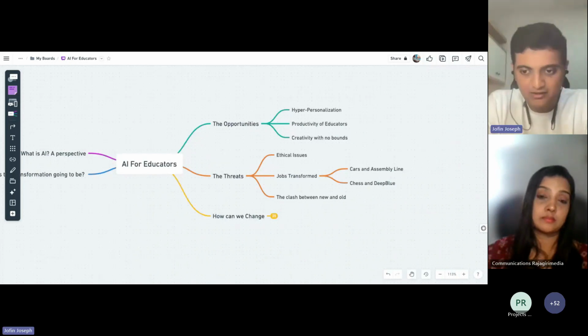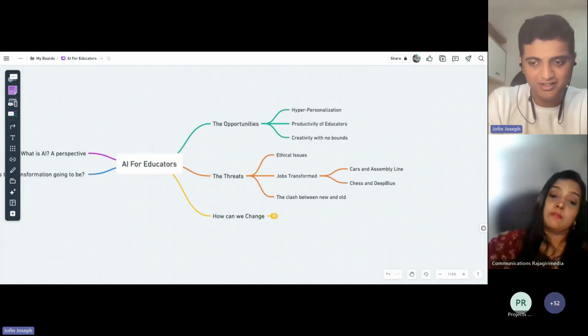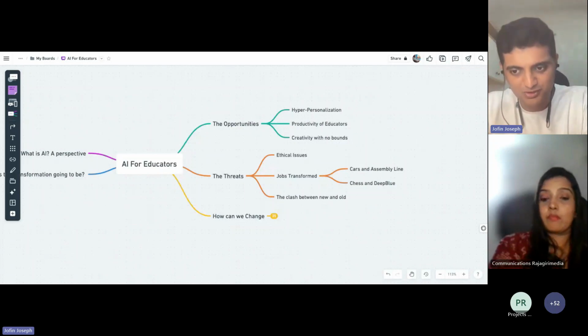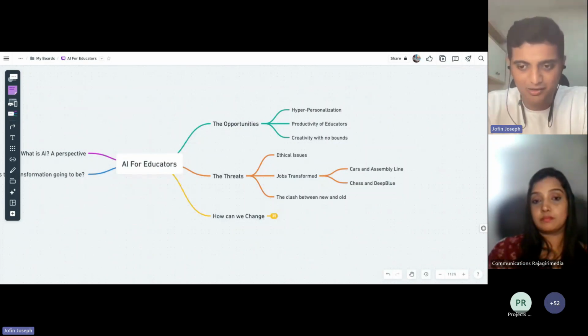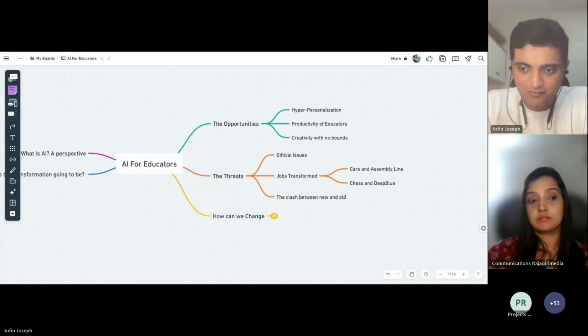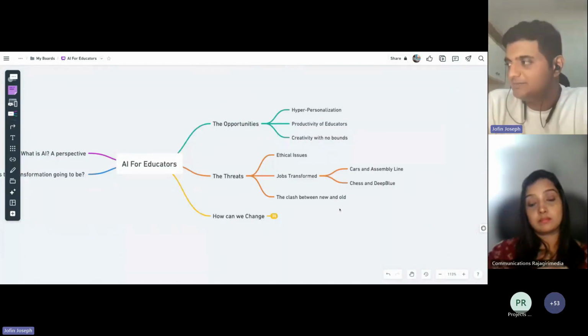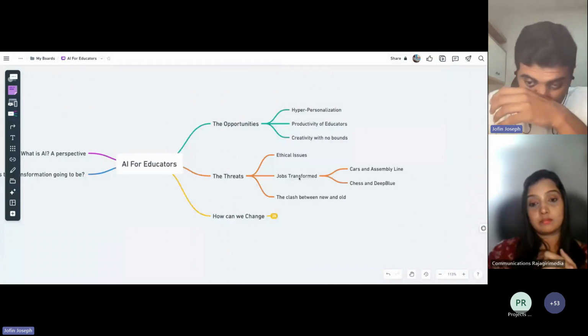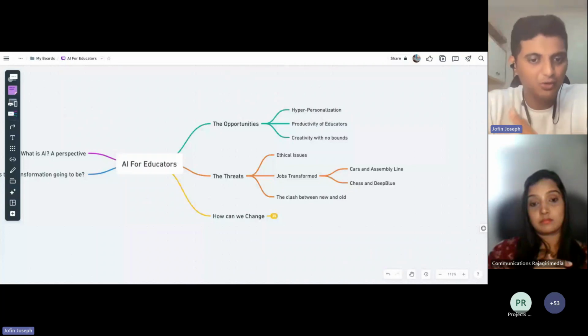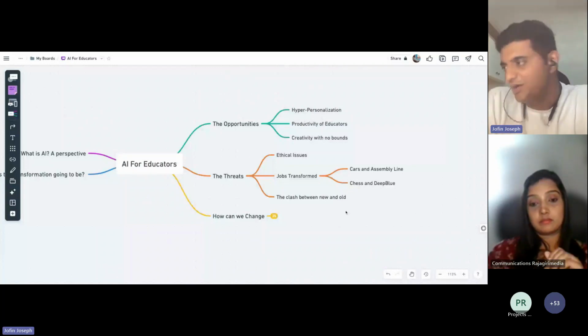But the beauty of it is, this is much more democratic than, say, how software came or how computers came. Computers made probably 10% of the population creators and 90% of the population consumers of computers, be it a mobile or a mobile app and all those things, right? With AI, it has the potential to make 100% of the population creators, right? Which is huge. So again, the biggest note on that is jobs are going to be transformed, including the educators' jobs, right? So stay on top, right?